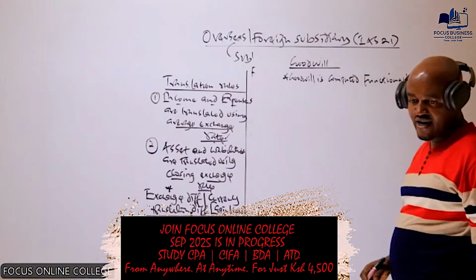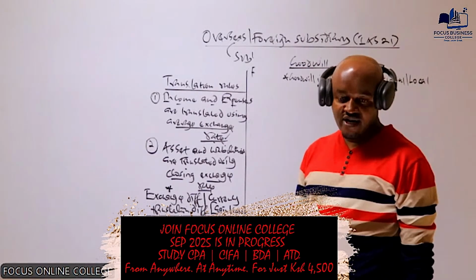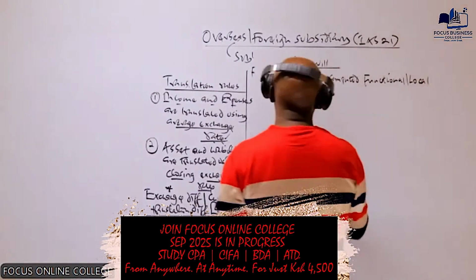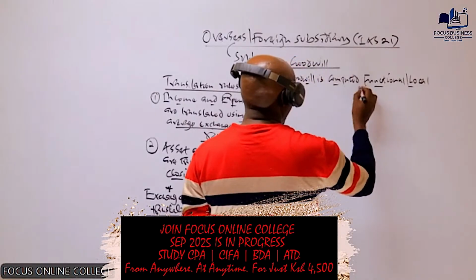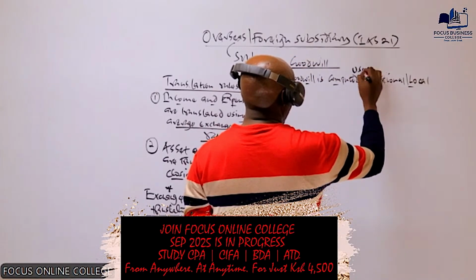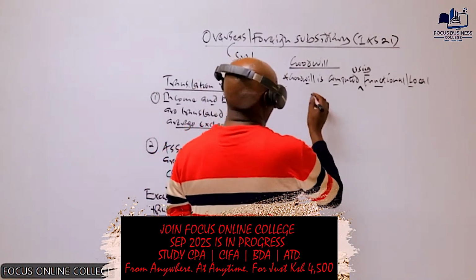For example, the local currency of Kenya is Kenyan shillings. The local currency of Rwanda is Rwandan franc. So goodwill is computed using the functional or the local currency